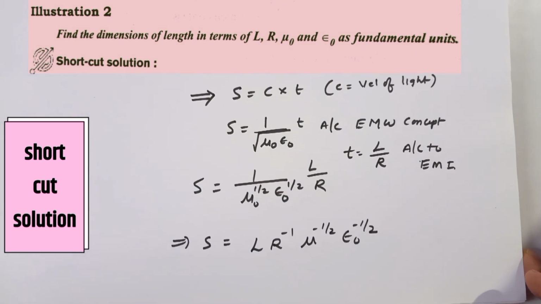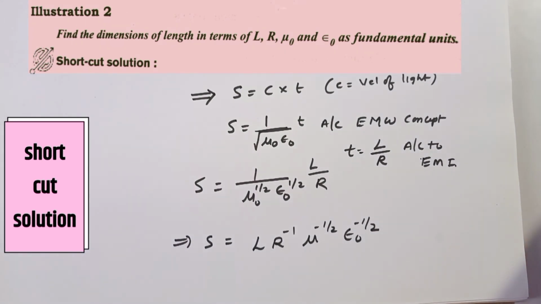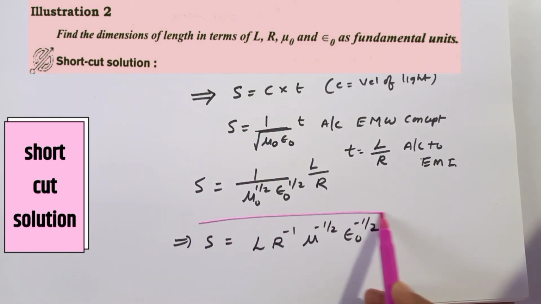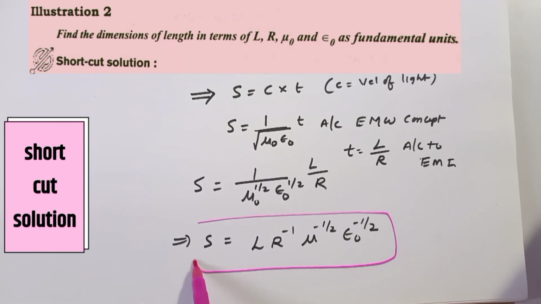So we got that displacement is nothing but length here. He is asking to find the dimensions of length. So we got the answer for the dimensions of length here, and that dimensions of length, that is nothing but